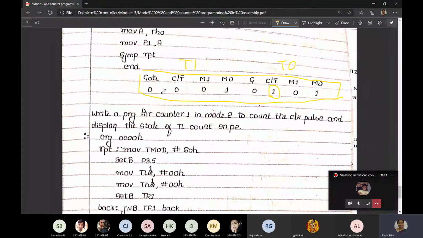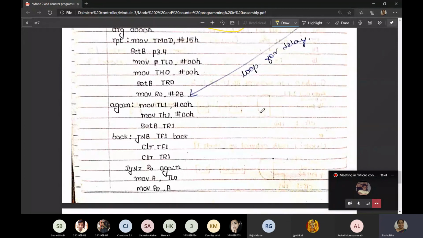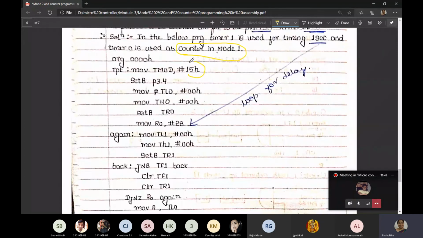It is mode 1, and here it is working as timer. That is, it is 0. Okay, and it is in mode 1. So timer also is used, counter also is used here. That is important. So what will become the number? It is 1 0 0 0 1, and it is 0 1 0 1. So it is 1 and 5. So it is 15H. This is how we'll get this 15H.